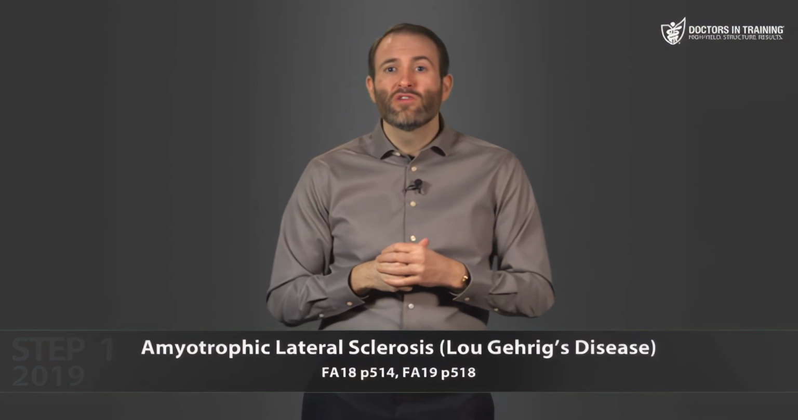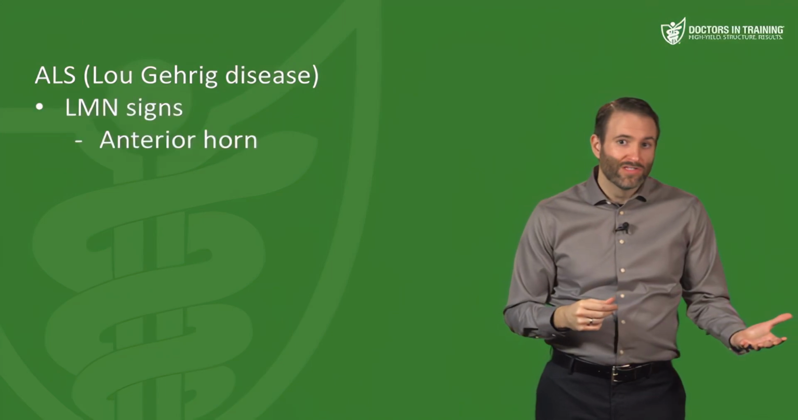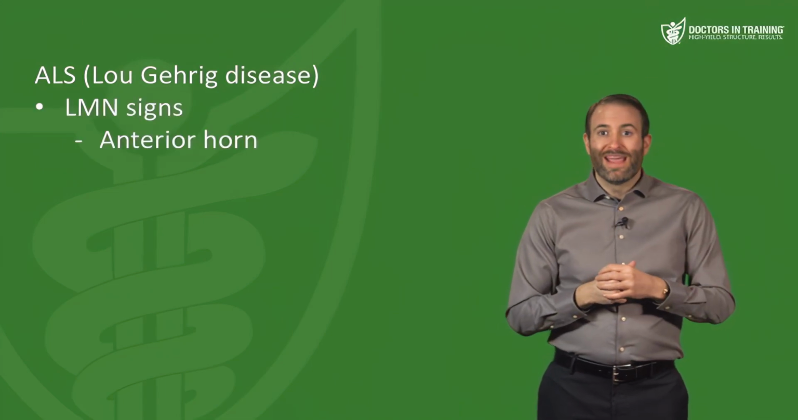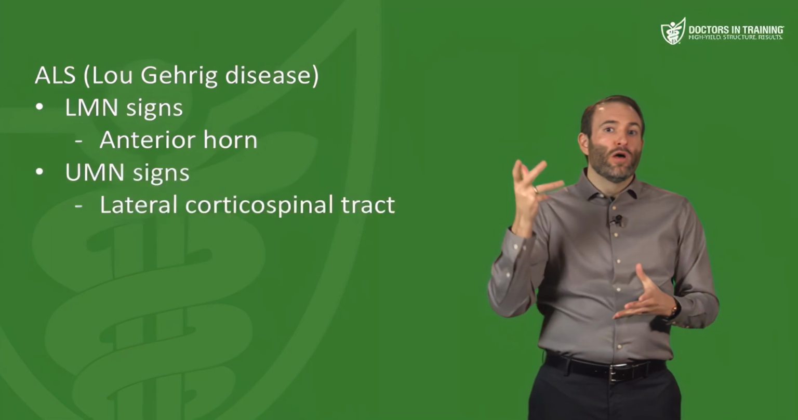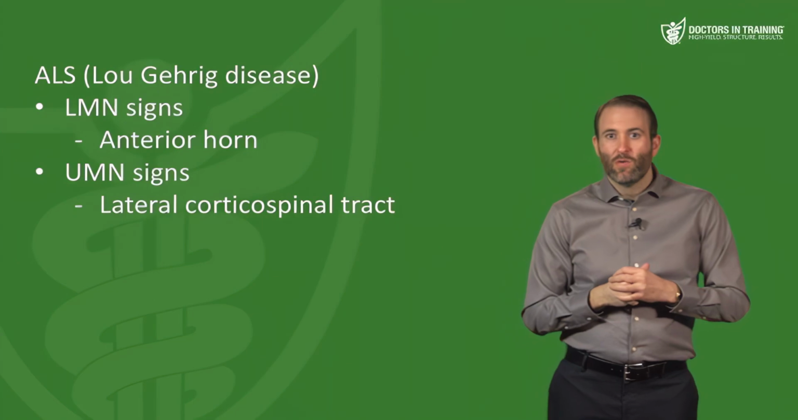Let's move on to another spinal cord lesion, ALS, so amyotrophic lateral sclerosis, also commonly referred to as Lou Gehrig's disease. So this is a disease of the motor neurons of the anterior horn, just like with polio, and then it also affects the lateral corticospinal tracts. There's two regions here of the spinal cord that are damaged. So as a result, we're going to have both lower motor neuron signs from the motor neurons of the anterior horn damage, and then upper motor neuron signs because of the lateral corticospinal tract damage,